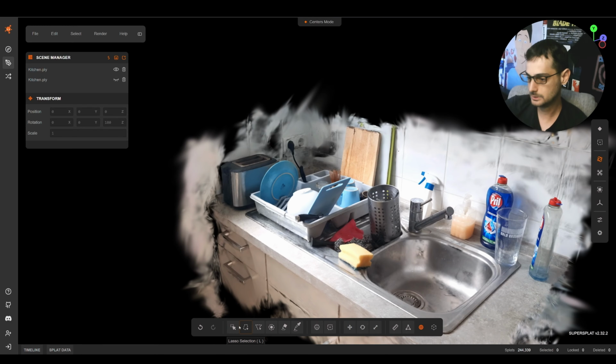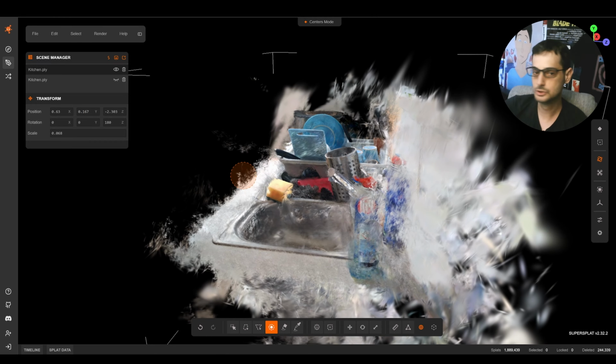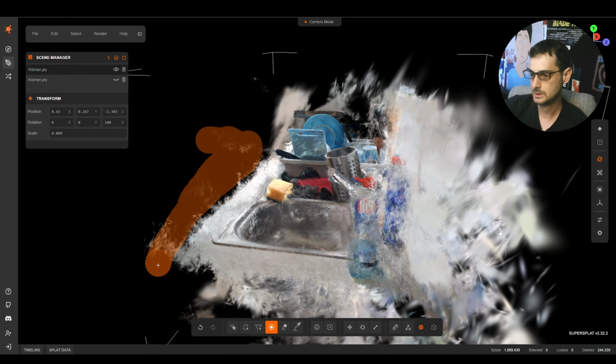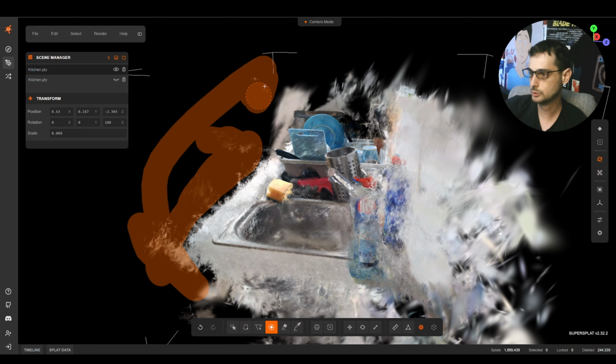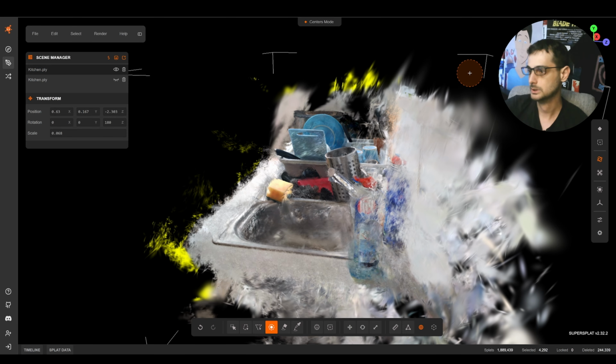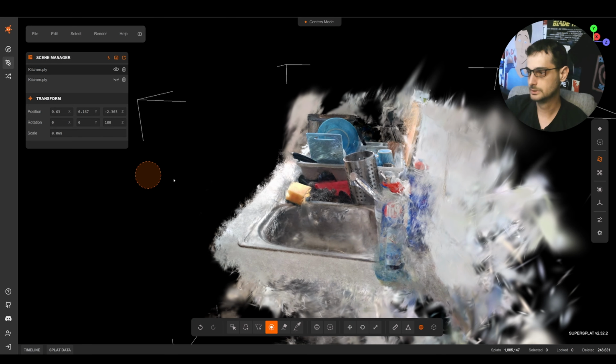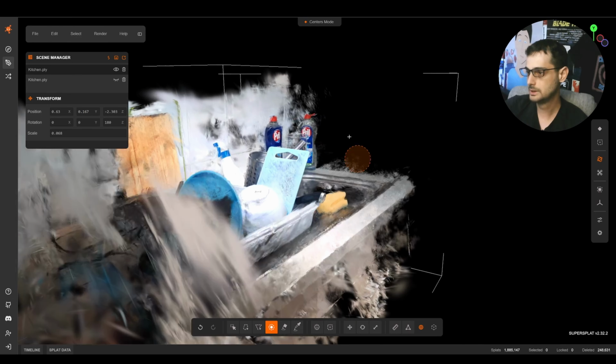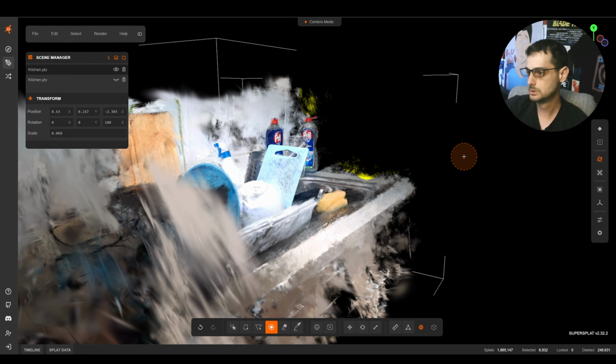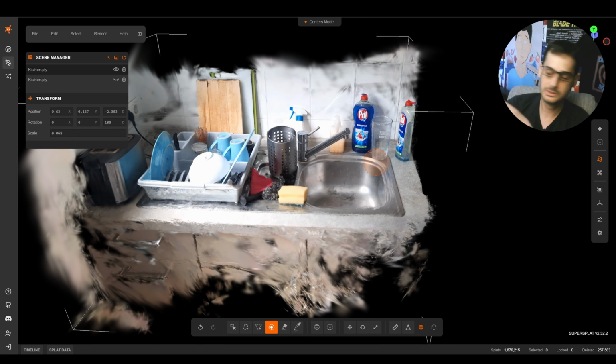So another tool that is nice to use here is the brush tool. So we can see here some more floaters. So I can just select those floaters here with a brush. You know, I don't want all those splats here. And then I can just delete it. And then I can rotate the camera again, select some more, and delete it. When I'm happy with the result here in Super Splat, what I would do usually is just export another PLY